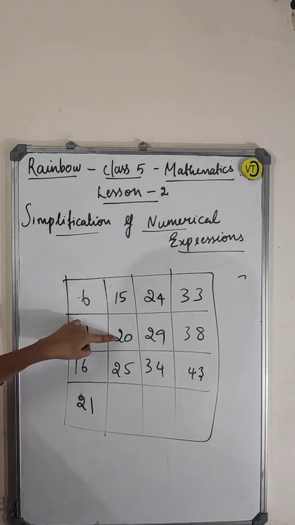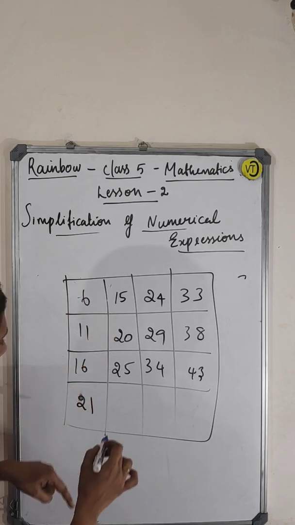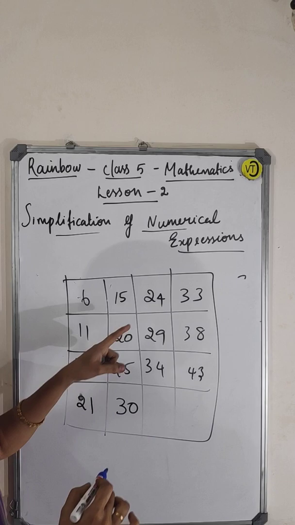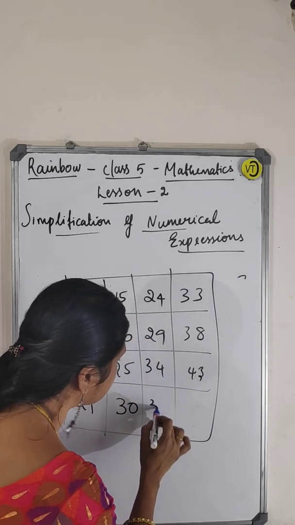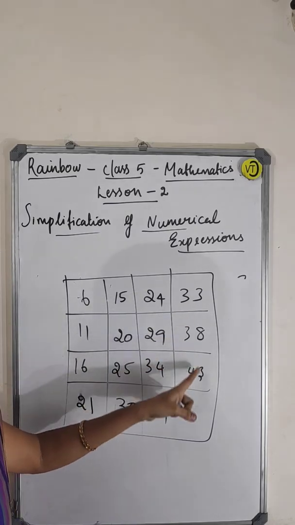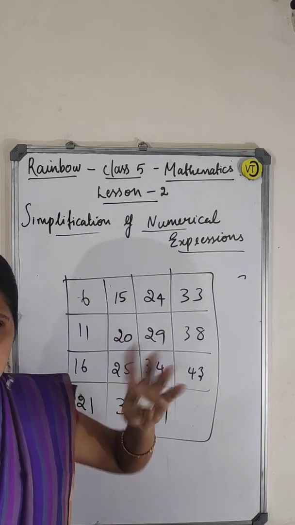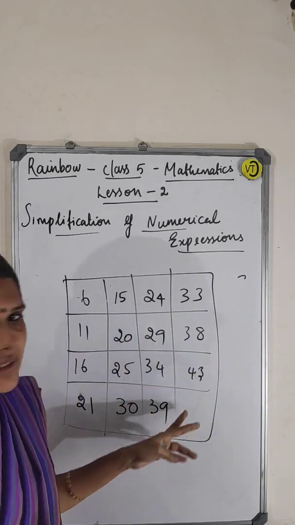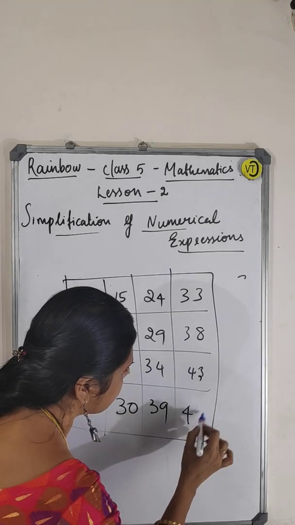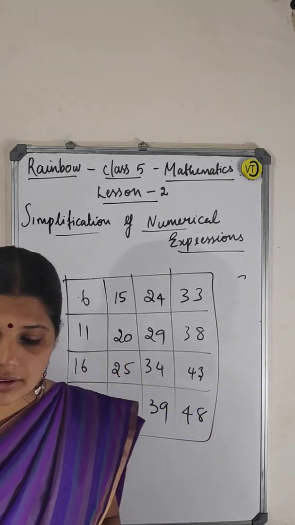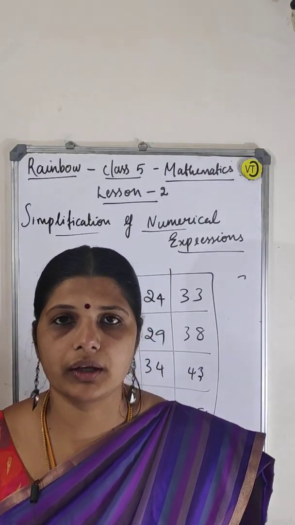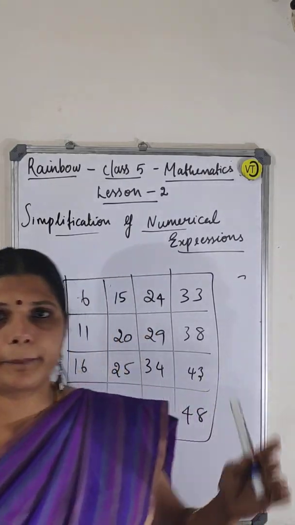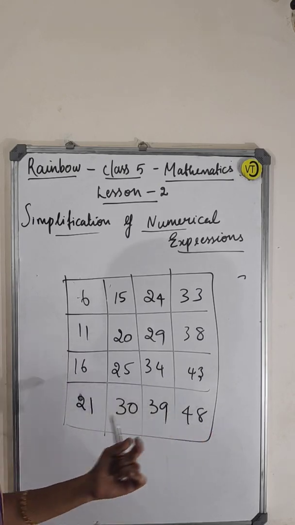Here 15 plus 5 is 20, 20 plus 5, 25, 25 plus 5, 30. 24, everything you have to add plus 5. 34 means here 39. So again everything is plus 5. The difference is like that. Then 43 plus 5 is what? 48. So this way you can find out the pattern first of all. Then you fill the columns. Then you fill up the missing squares here.